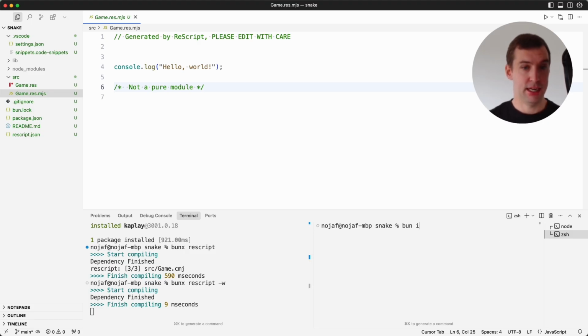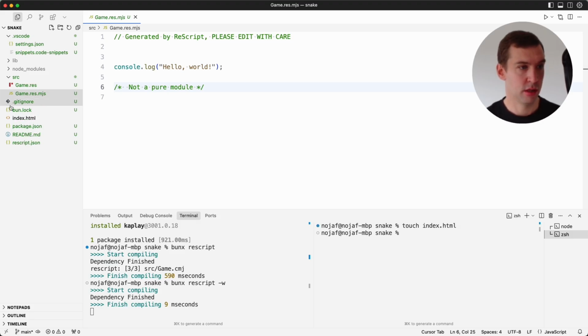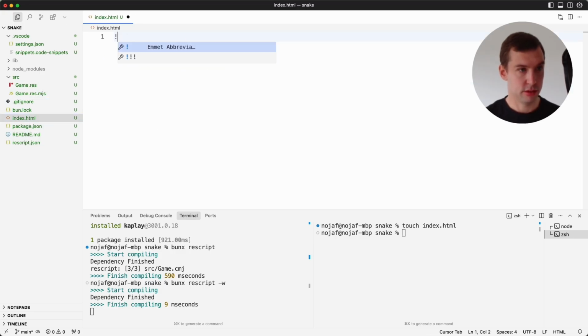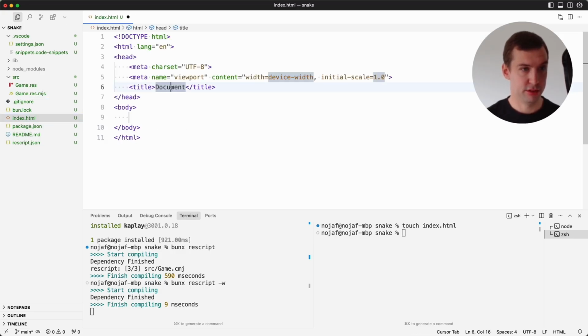So in this case, I mentioned that I do want to use Vite, so I'll install that as well. The reason I didn't go for the Vite template is that it also brings in React and Tailwind, and that's just a little bit more than we actually need today. So what I am going to do is create an index.html over here. Then we can just scaffold it, say it's our snake game,